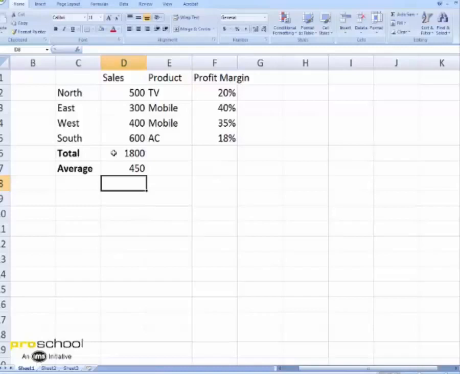You could also have a few conditions. So let's say we have the data that are given here. We also have the profit margin. Now I am interested to find out in places wherever my profit margin is better than 25%, it's good. Where it is lower than 25%, I need to work on. So I need to find out which are those regions which are good, ones which are not so good. So the way you can do it is, let's say in this column, I need to put good or not good.